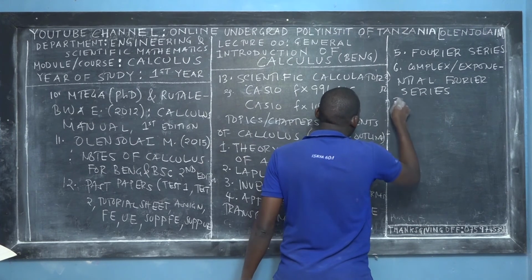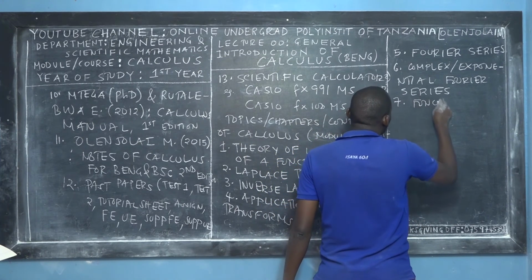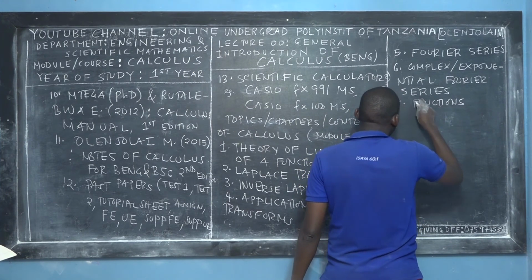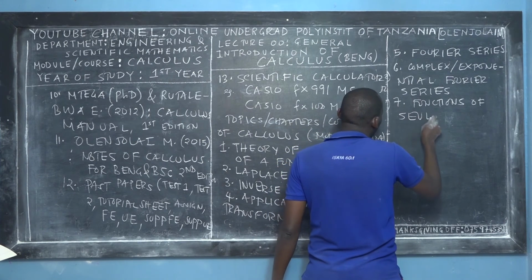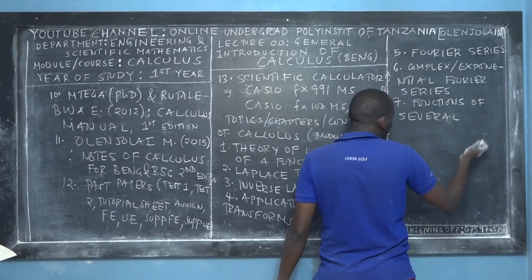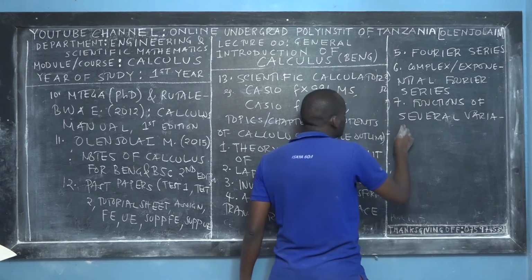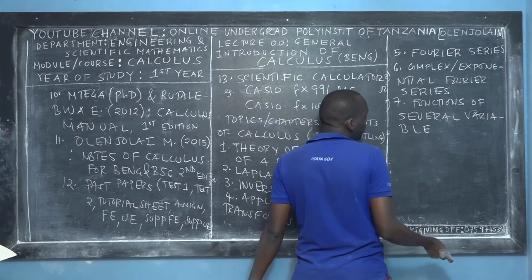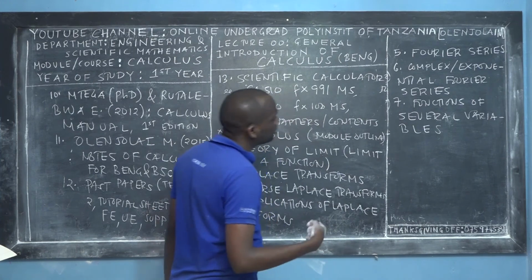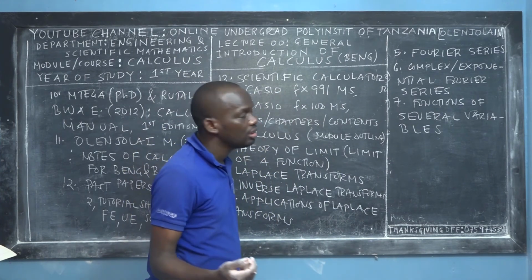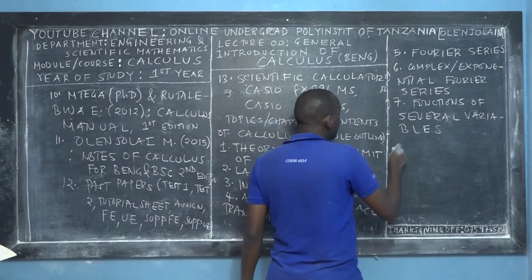The last chapter for this module, we call it functions. I will teach you how to differentiate functions of several variables, or in some modules we call it multivariable calculus. That's why one of the reference books is called multivariable calculus. So functions of several variables: functions which depend on more than one independent variable. And then number 8,